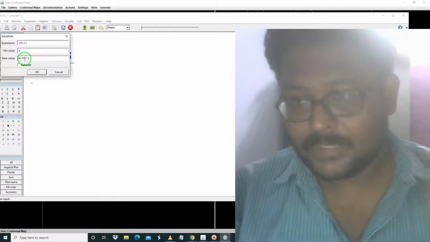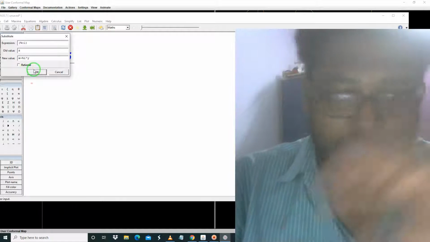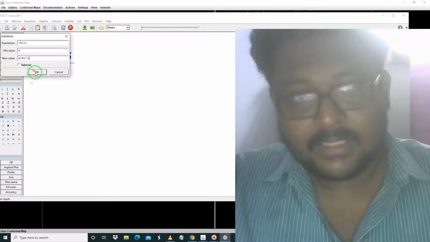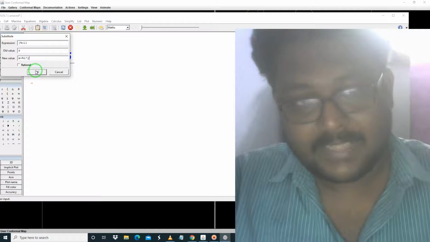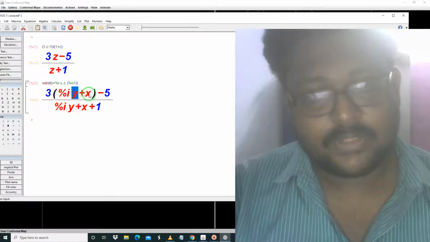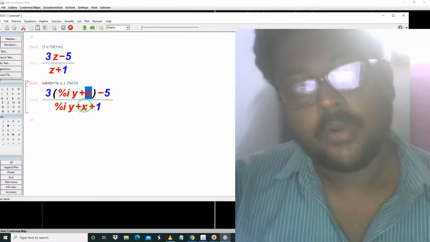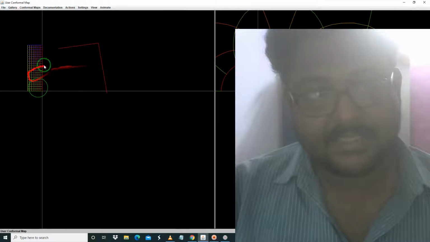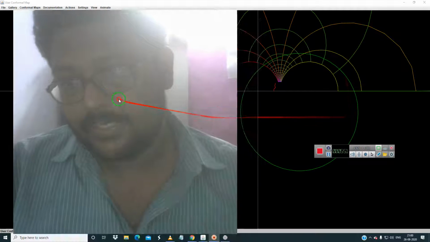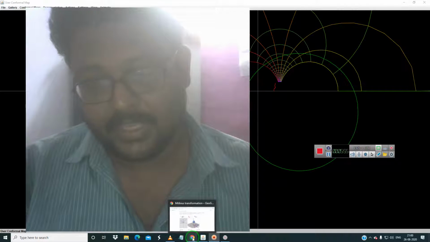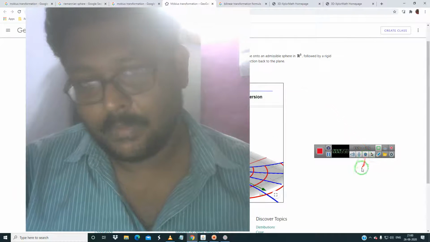This is just the Maxima syntax for the imaginary number, so don't be confused. For normal terms you can use i, but for Maxima you have to use %i. You substitute, you get this. In this, for x you have to substitute 1 and 2 in parametric form. After you substitute it, you will get this equation. And you can just imagine the Mobius transformation. So this is how to imagine the Mobius transformation.